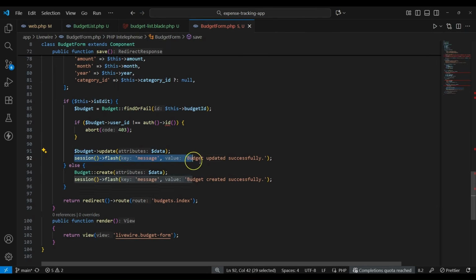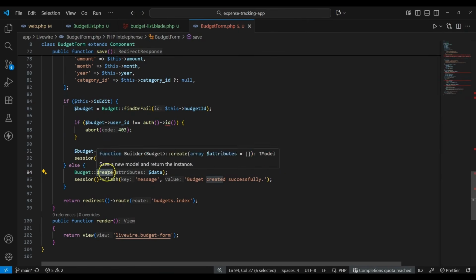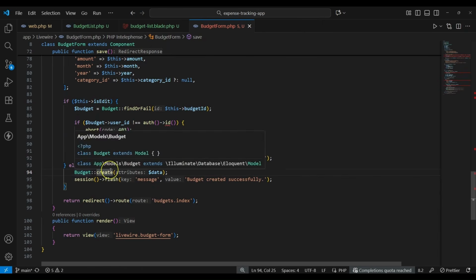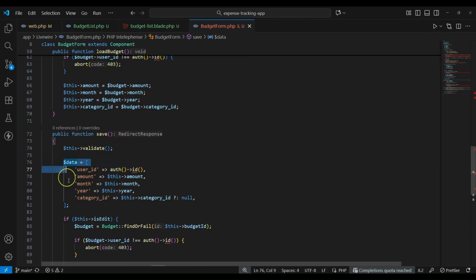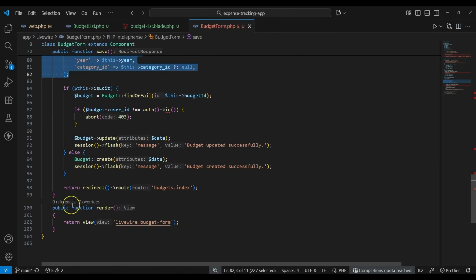But after that, we are going to show the flash message saying the budget is updated successfully. But if we are not doing the edit, then on else we are just creating the new budget. So here you can see we are calling the budget, then create. After that, we are going to create by using the data that you defined here. Okay, so it's that simple. And after that, you are going to redirect back to the